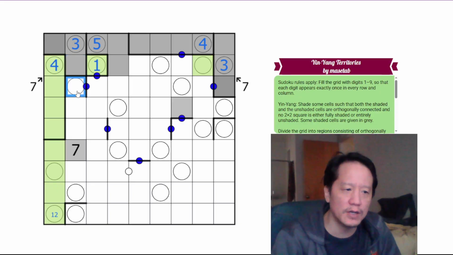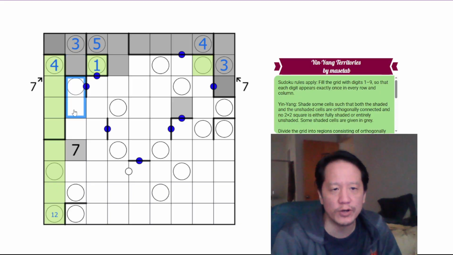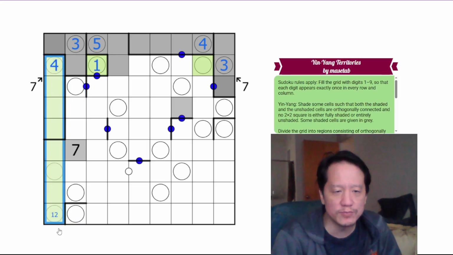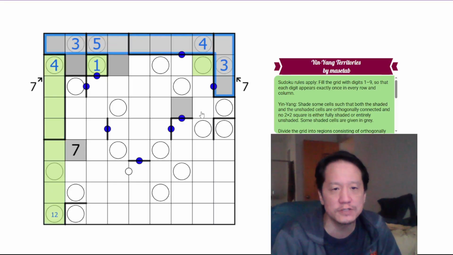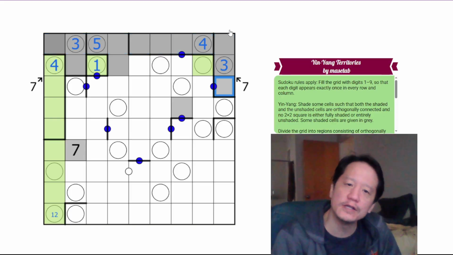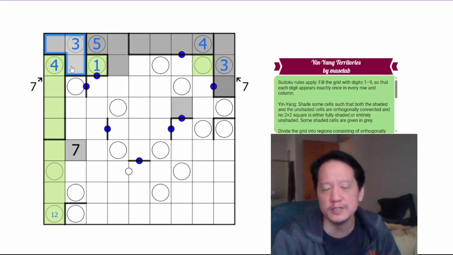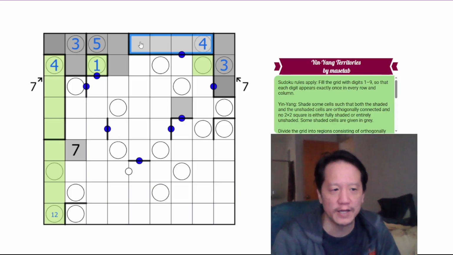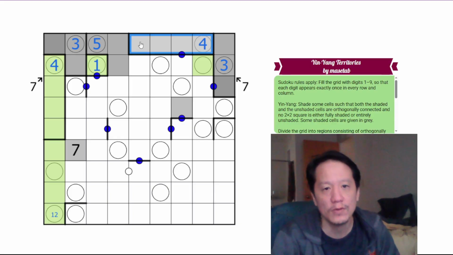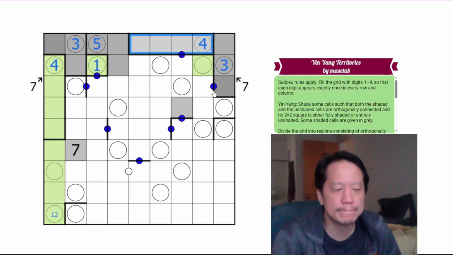This cannot be unshaded. If this were unshaded, again, because we have the reason why we know all of this is unshaded, this cannot add up to the same sum for the shaded regions. Also, well, it could be 8, 9, 8, 9. That's fine. But basically, this can't add up to the same sum as these because that would guarantee it has to be 2, 9. But there's just no way that 4 unique digits here can add up to 8 and 9. Therefore,